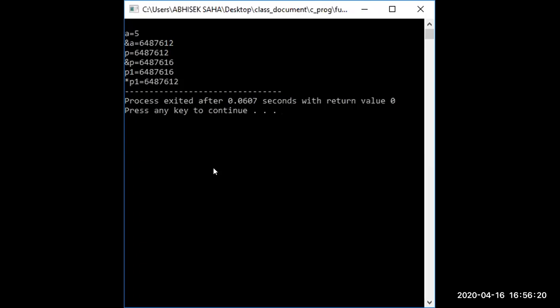6487616. That is ampersand P. Keep it in mind. Star of, now my question is, star of 6487616. How much will it be? What is the meaning of this question? The meaning of this question is, I want to ask the value at the address